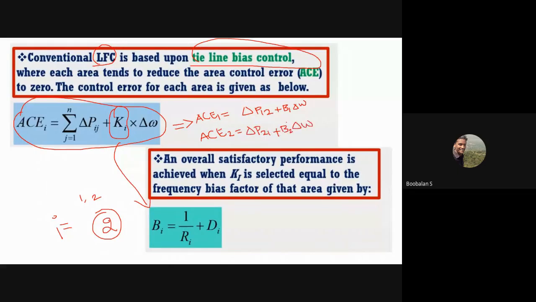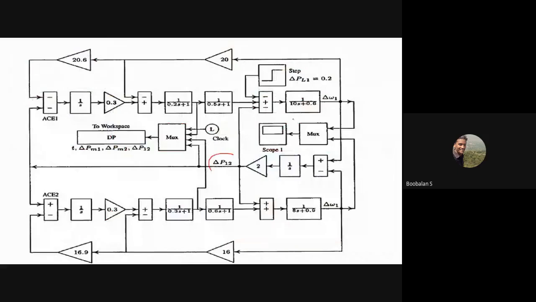Sir, why are we taking del P12? Like Pij, first we should have del P11 only, no, sir? Actually, we are commonly going to connect through the tie line, right? We are connecting only through the tie line, so we take only this one; the remaining won't come. Okay, sir. Power 1 to 2 or 2 to 1, that's okay, sir. Okay, and that's why now I'm still looking for a PPT.